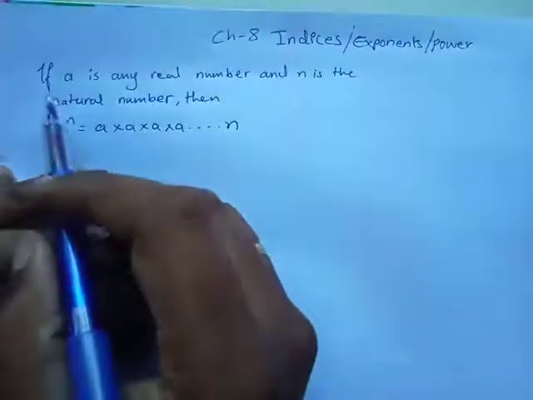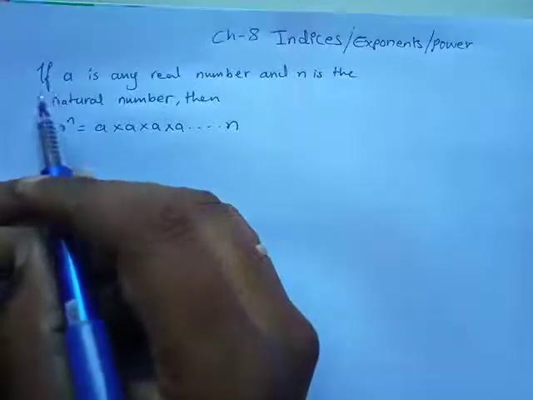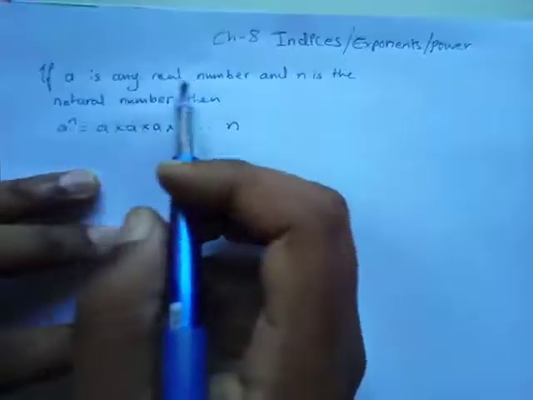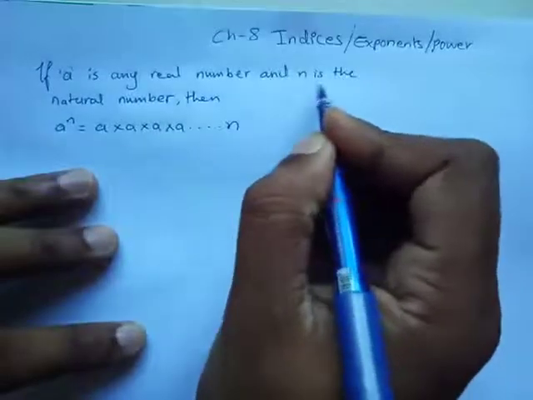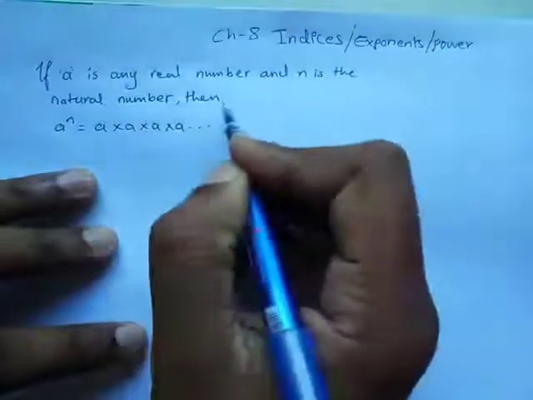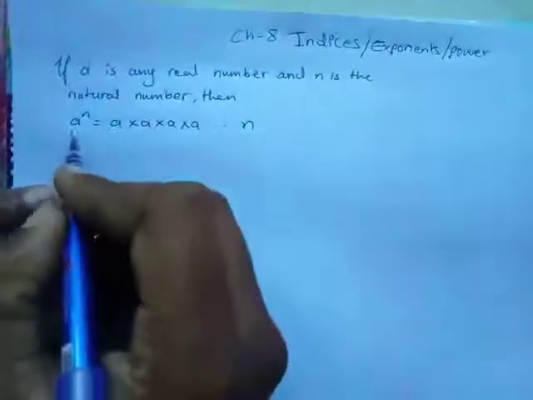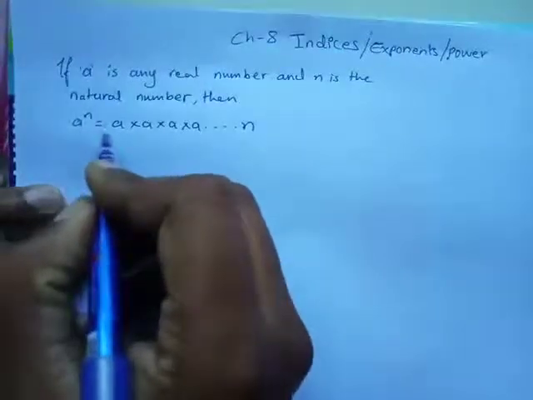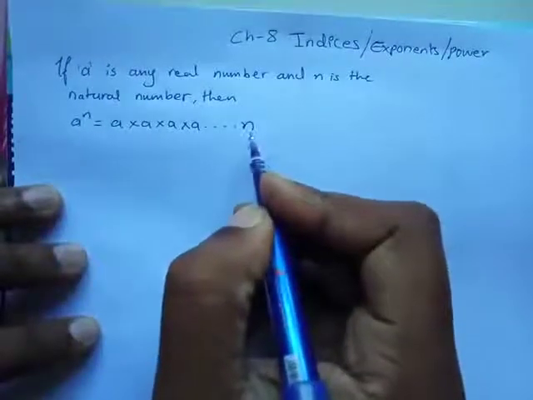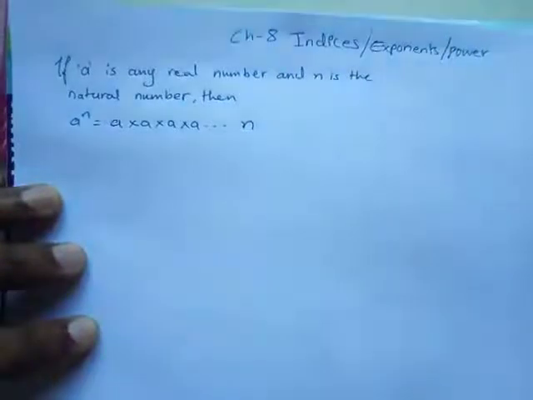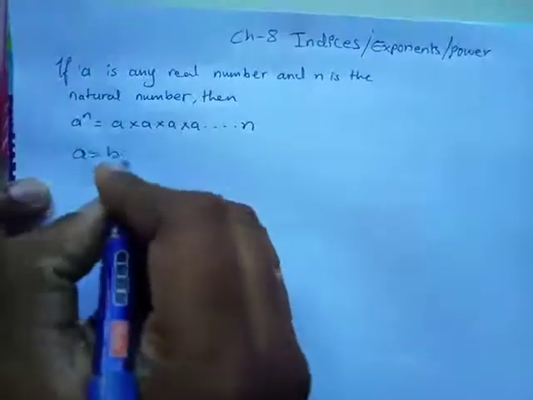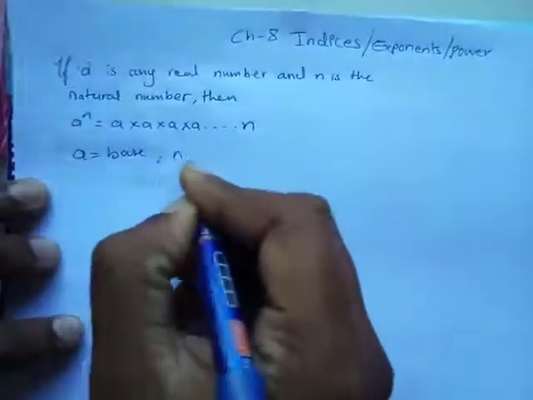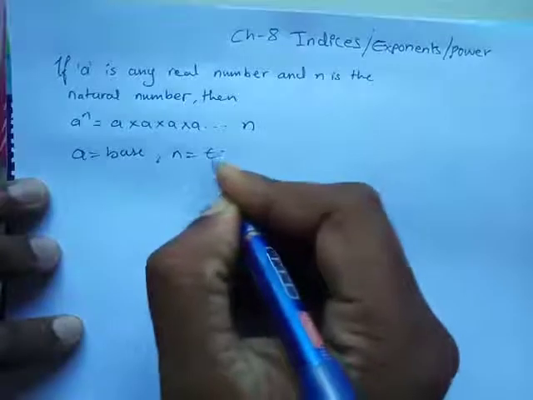So right now, if you have a look at the definition of this chapter, it says if a is any real number, and n is a natural number, then if I write a to the power n, I can write a how many times? n times. So this is the basic definition of indices: a is the base, and n is called the power,